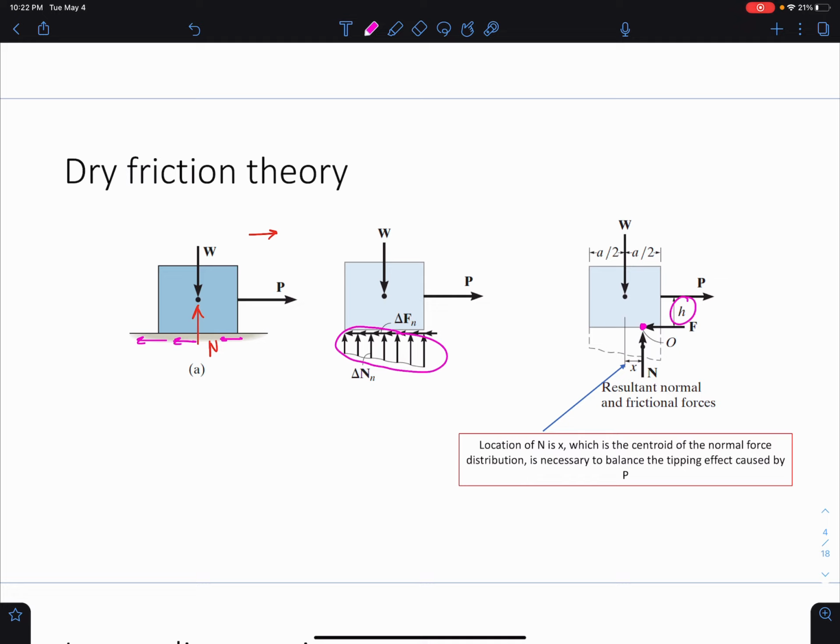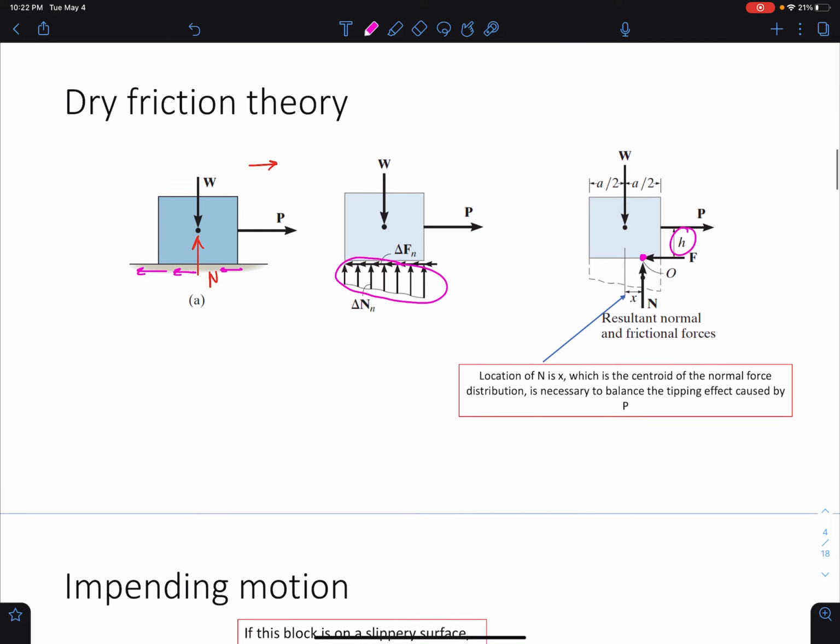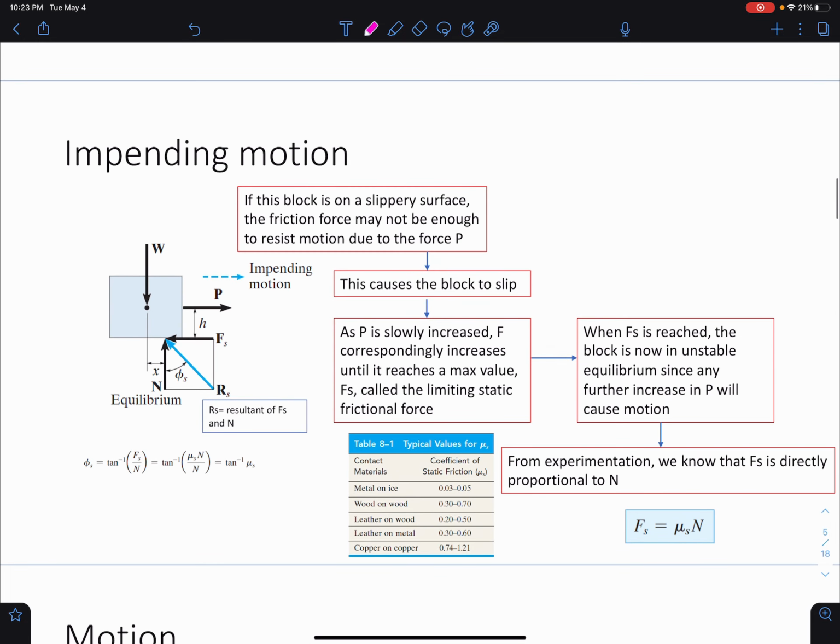So what we want to figure out for these problems is that sweet spot for the resultant of the normal force and your friction force so that we don't get tipping and we don't get sliding and we can stay in static equilibrium here. Okay. Now, we also have this idea of impending motion, which means you're not in motion yet, but you're